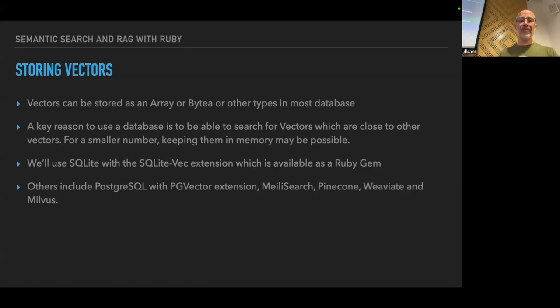to that vector. So this whole thing got kicked off because I saw a post about this product called sqlite-vec. And it's just a guy who's built an extension to SQLite. You just Ruby gem install it, and it just works. It's great. You could also use the pgvector extension. Meilisearch has their own. I haven't tried Pinecone yet or Milvus, but